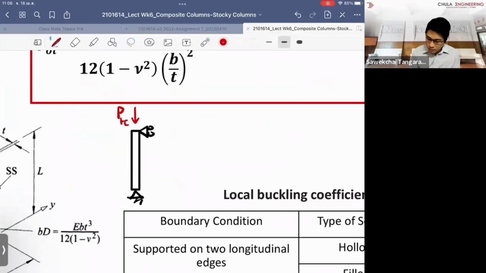So what is happening is that when you apply the force to the column, which is the line column, which has reached the critical force, we make the curve like this. So this one we have the shortening,